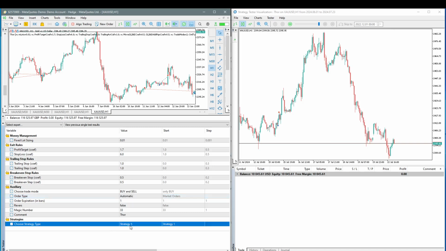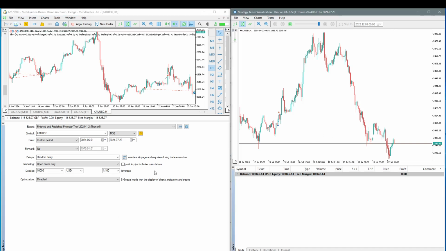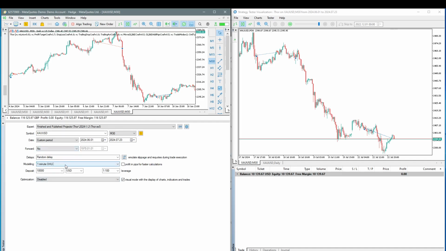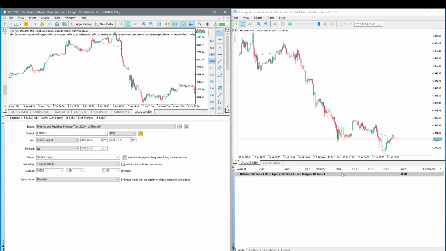So let's check what's going on with strategy number 1 on a lower time frame, M13, and I hope the visual option is visible. Let's slow down a little bit. Pay attention to the right side of the screen and you will see what happened. The robot opens multiple orders at the same time. It can be limit, it can be stop, it can be a market order. So everything depends on the signal generation, and